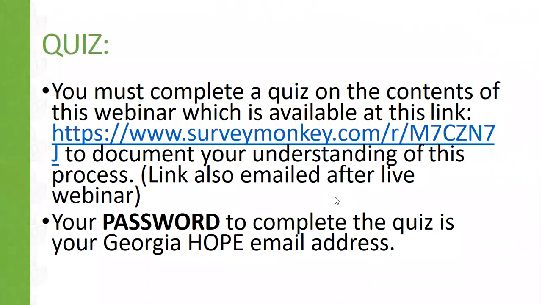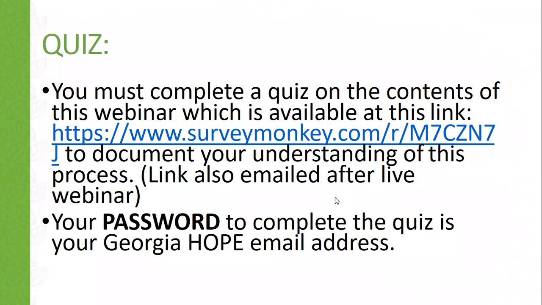Am I saying that the reply needs to come directly from records at GA Hope and not the person to whom the email is sent? Many times they do this to expedite things, and can the person send the material and then put a copy in the scans folder? So here's the answer to that: all records requests should go through records at